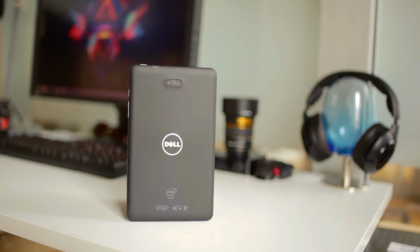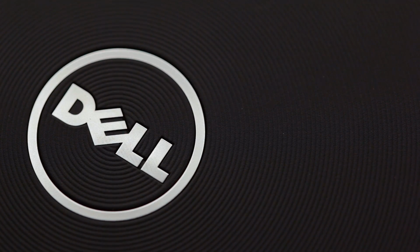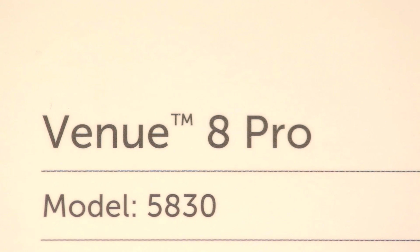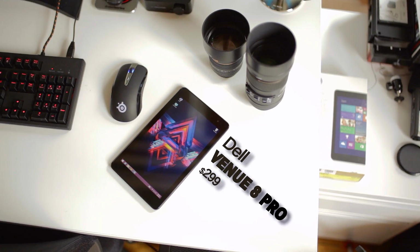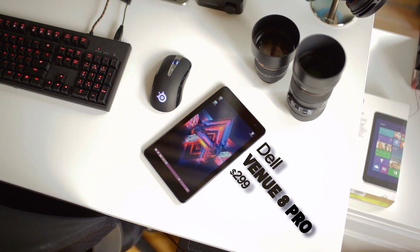Hello everyone, this is Dmitry with Hardware Canucks, and we are finally seeing Windows-based tablets come down in price to compete with Android and iOS offerings. The Dell Venue 8 Pro is under my review cap today as we take a look at how it functions as a Windows tablet and whether or not you should take your $300 elsewhere